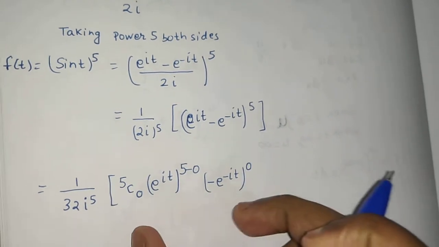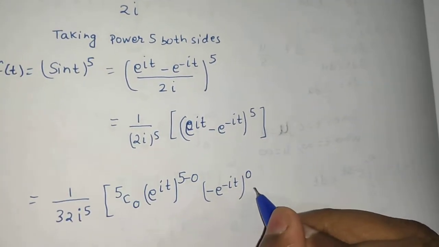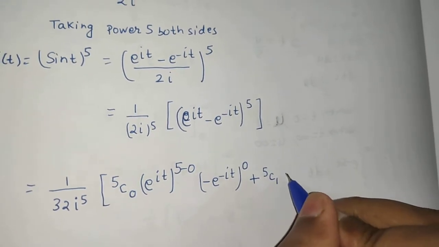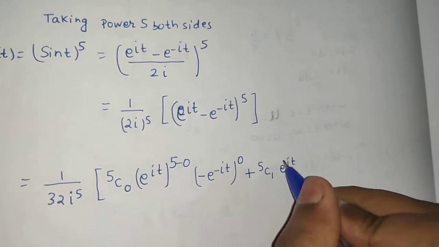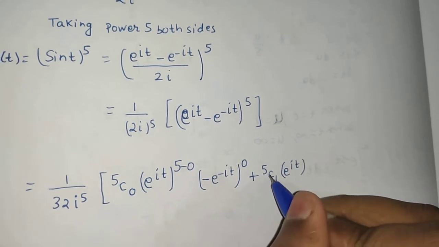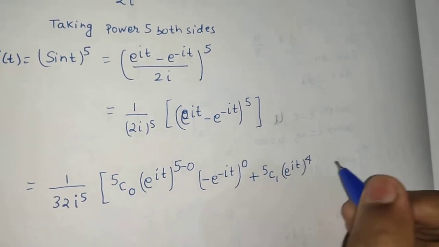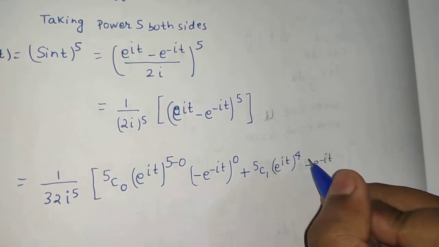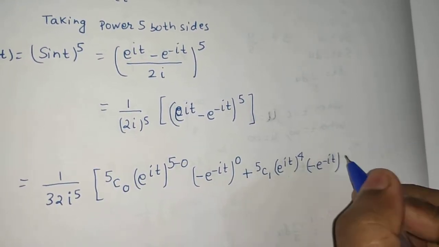So this was the first term, plus 5c1, first term e power it raised to power this minus this which is 4, second term which is minus e power minus it, raised to power bottom index,